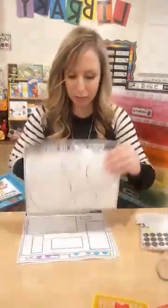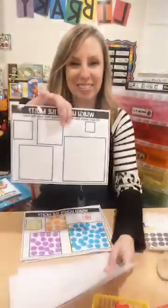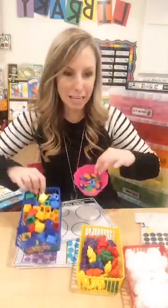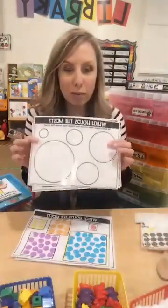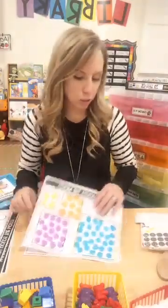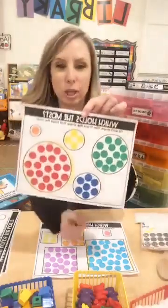So there are different mats. So there's a circle and a square, or rectangle, I need to learn my shapes, and a square. So again, you can use any manipulative mini eraser that you have. You can also use these with water drops if you put it on a tray. It's up to you. Or my favorite way, and this is a great portfolio piece too, you can use it